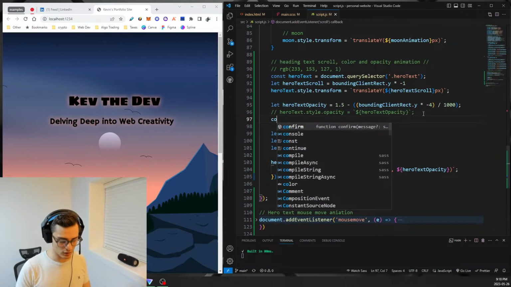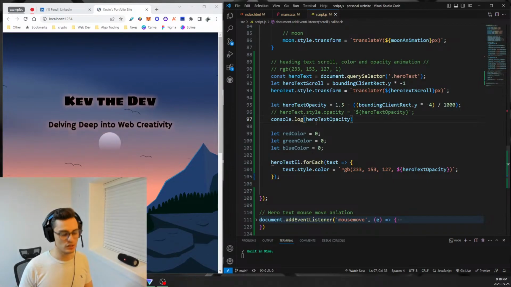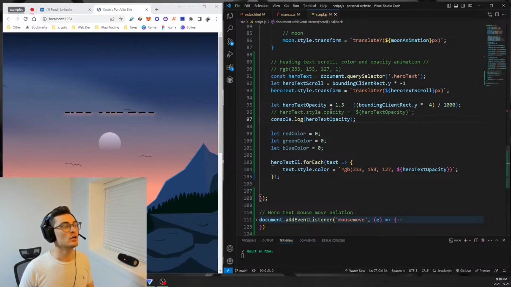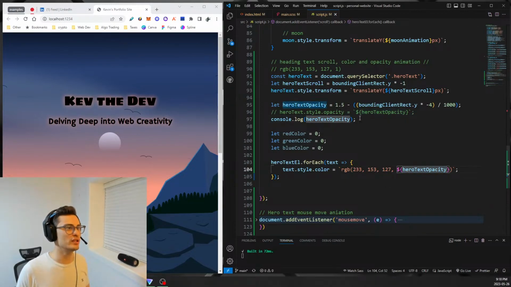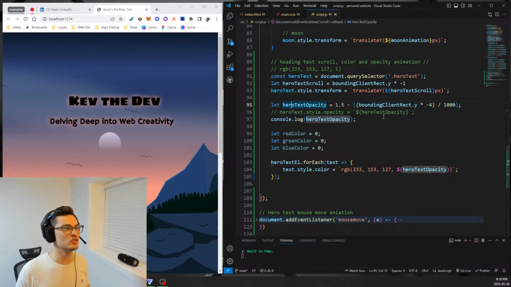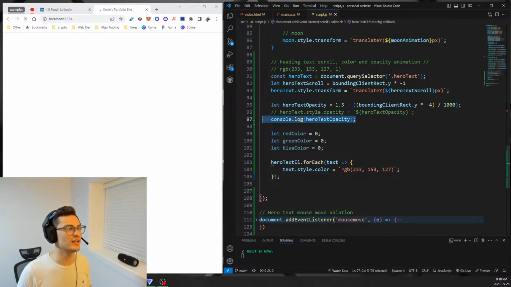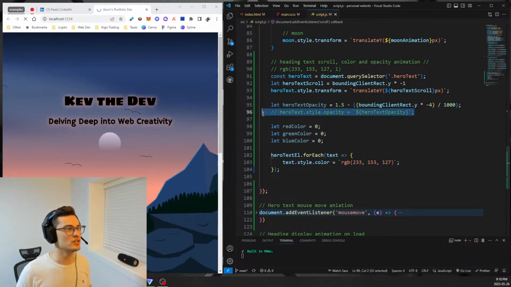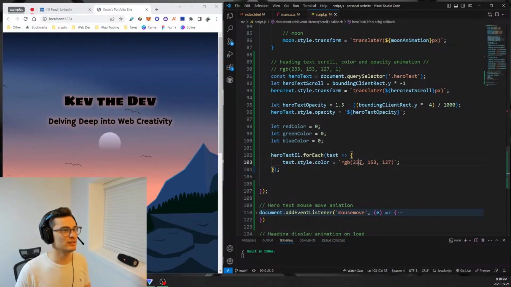Let's just quickly console log this, and it should be the same value. Oh, right, okay, that makes sense, because we're not actually changing the opacity of that. What we were doing is setting the opacity for that, so we will just ignore this part, because we already have that in place. No real need to change what we've already set up. So we'll just leave that as is, because that's the opacity. That's totally fine. And then for the color, let's just,